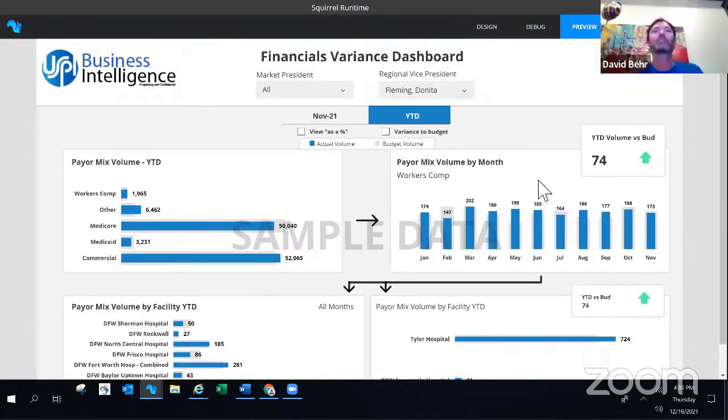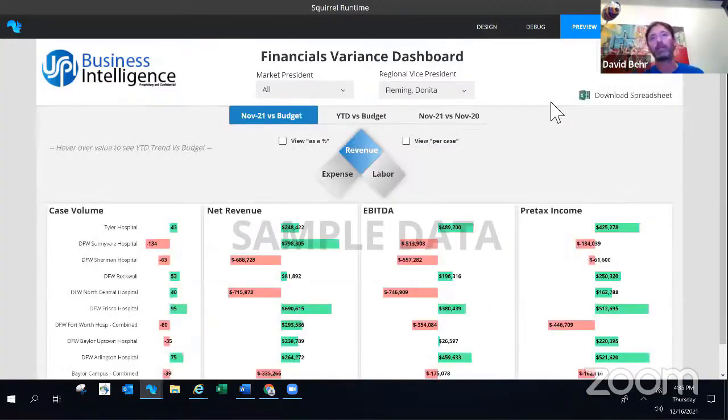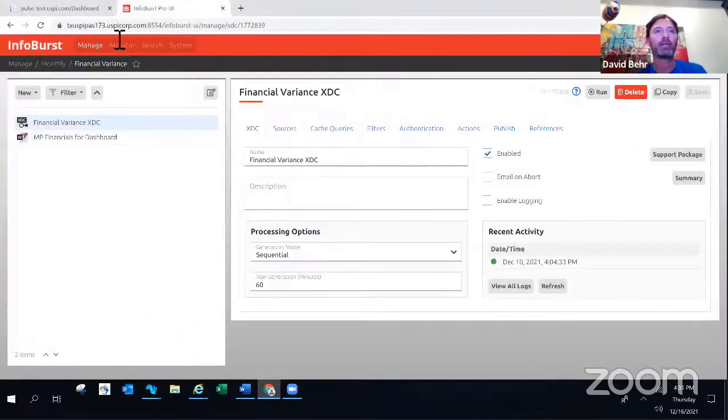But the point is all of this information in here that we're looking at, whether I'm on this tab or the year to date or the month to date or the year over year, it's all coming from that one Webby report that I built that runs once a month, that has all the data I need, that's sitting in a cache that I can then design this in. And again, come back into my,